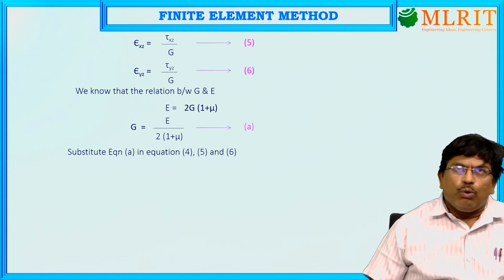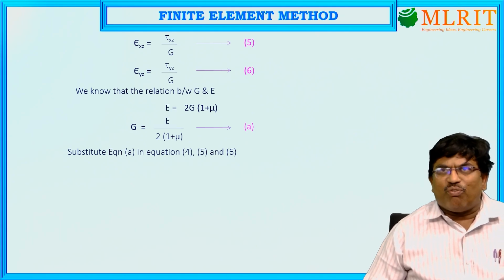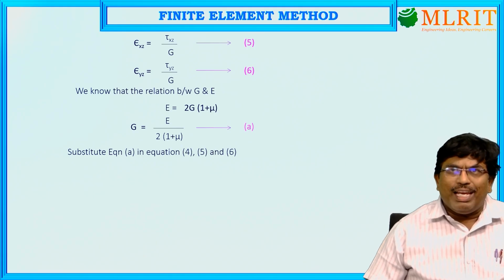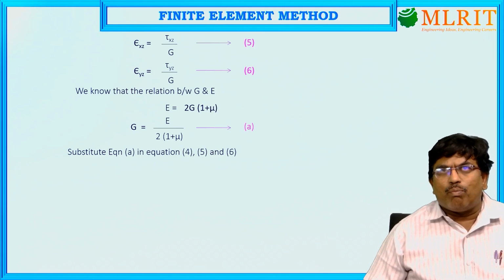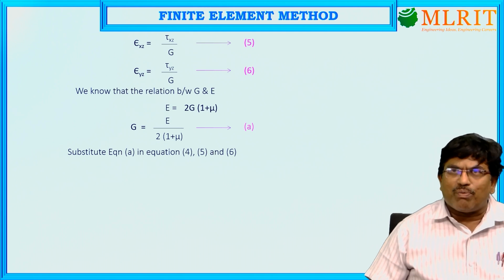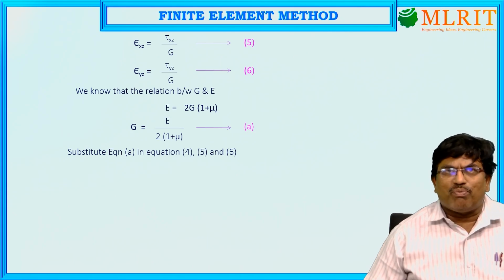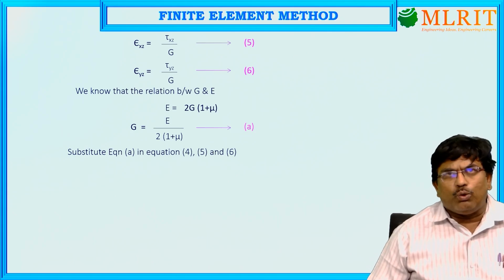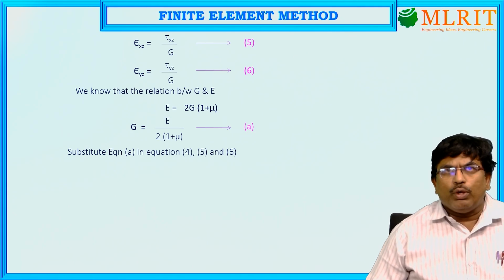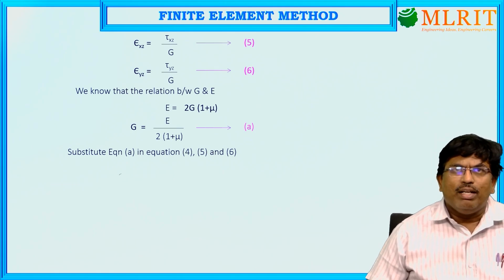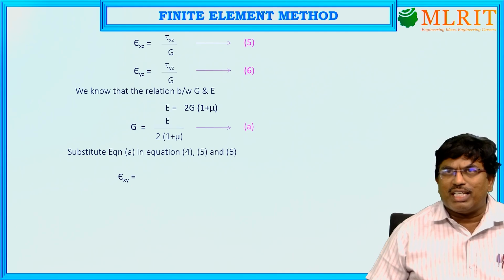Now to convert equations 4, 5, 6 in terms of E, otherwise to eliminate G in equations 4, 5, 6, we have to substitute equation A into equations 4, 5, 6. So if you simply substitute G equal to E by 2 into (1 plus mu) in equations 4, 5, 6, then we will get the shear strain epsilon xy equal to